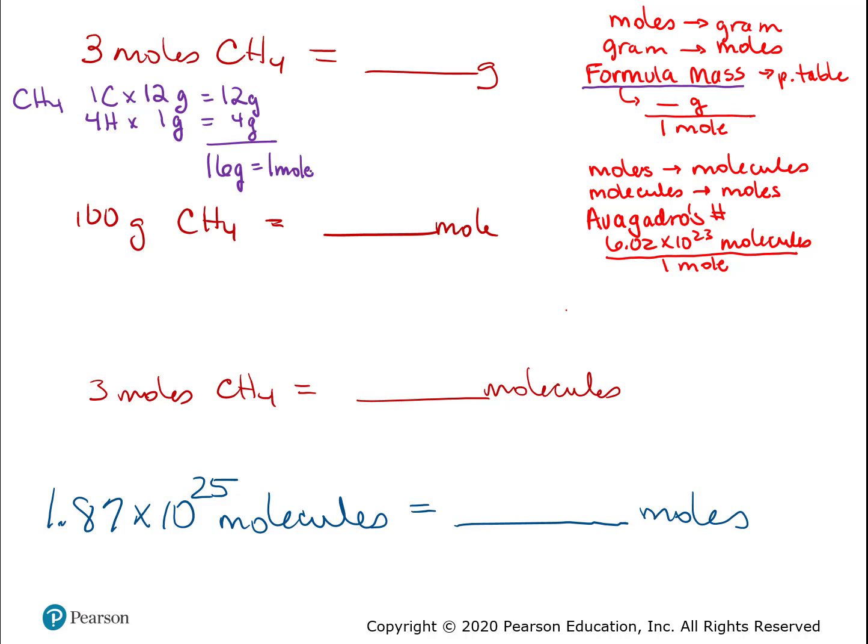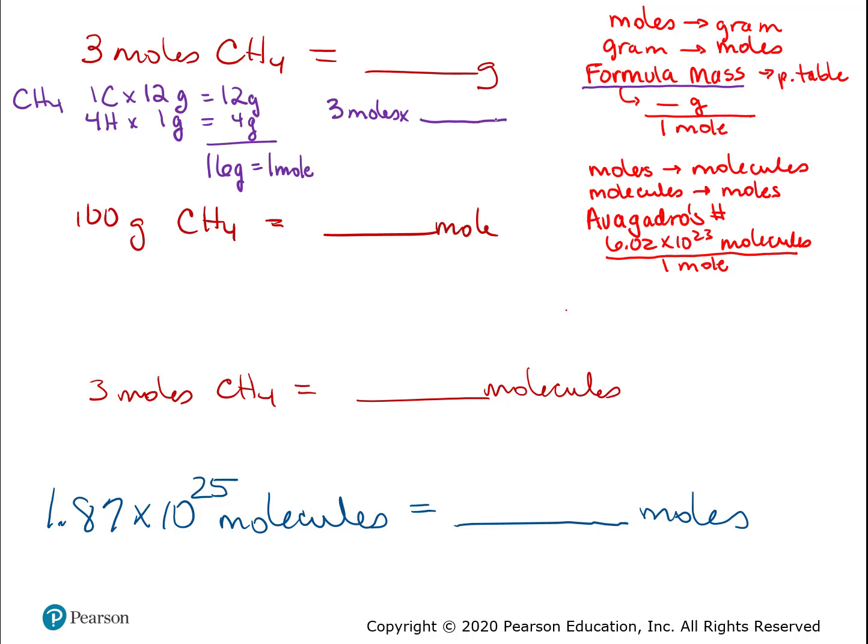Now I can set it up as a unit conversion, right? Just like saying 12 eggs is a dozen. I can now use these as equal, so they can go this way or that way, depending on what my math needs are. So now if I take 3 moles of CH4,